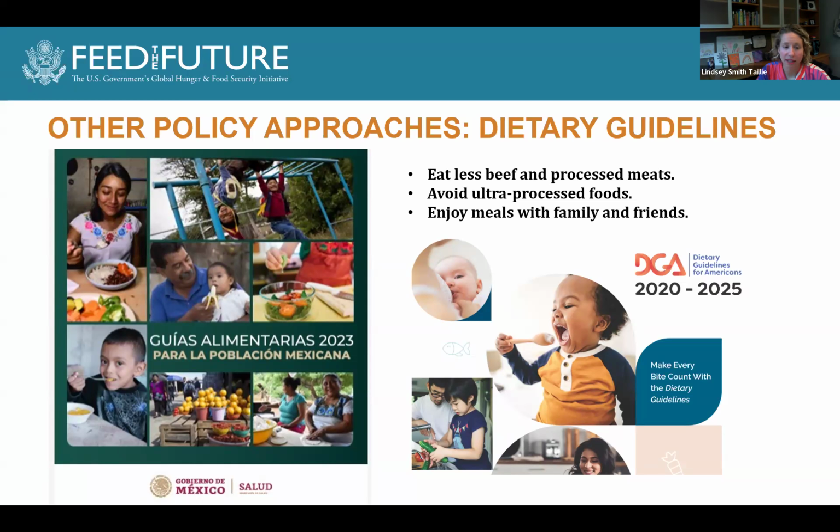Another important component to this is around ultra-processed foods, and that would be a whole different webinar to get into the science about ultra-processed foods. But when we think about foods that are factory produced, tend to contain additives, often are the ones that are high in sugar, high in sodium, high in saturated fat, we're seeing guidelines now that are recommending that people avoid these ultra-processed foods as well.